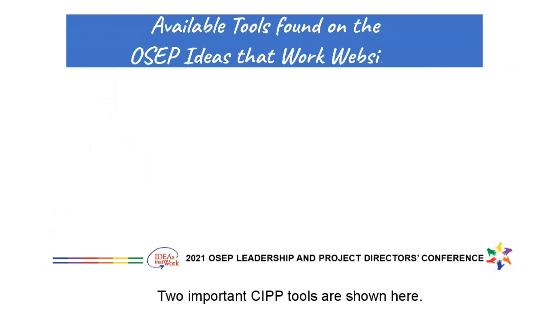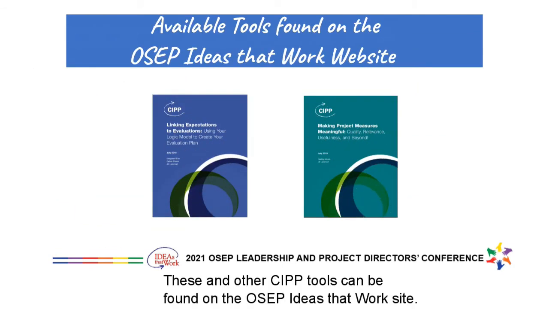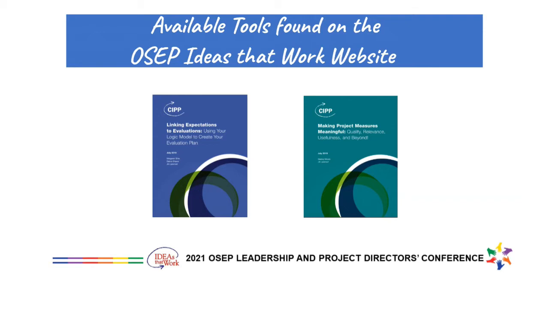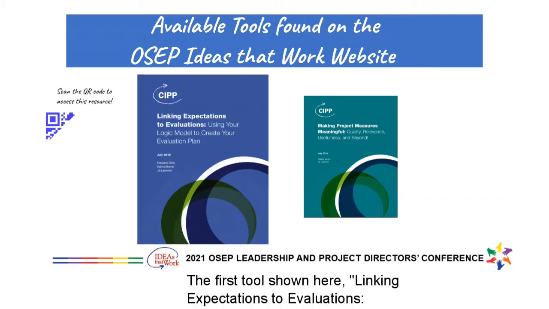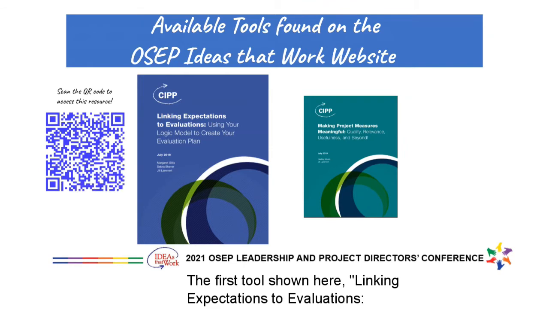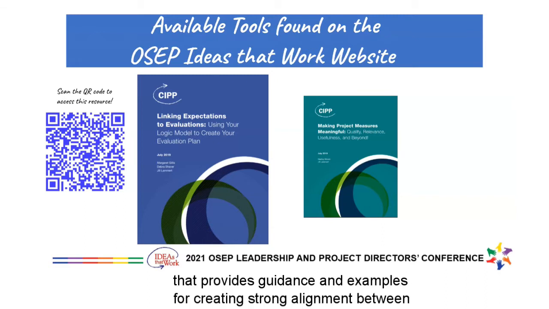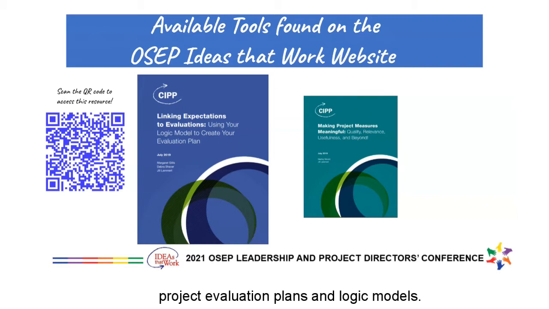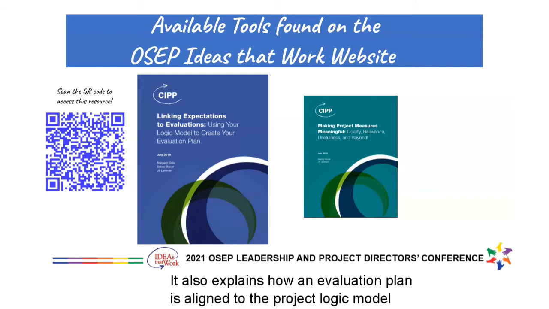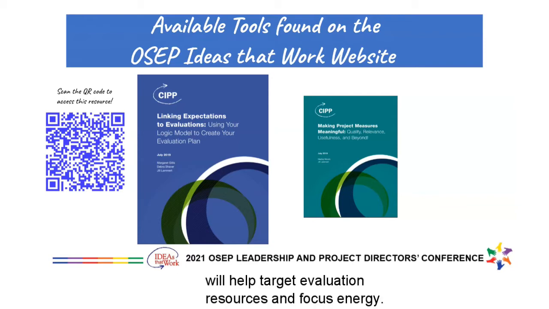Two important CIPP tools are shown here. These and other CIPP tools can be found on the OSEP Ideas That Work site. The first tool shown here, Linking Expectations to Evaluations: Using Your Logic Model to Create Your Evaluation Plan, is a brief that provides guidance and examples for creating strong alignment between project evaluation plans and logic models. It also explains how an evaluation plan that is aligned to the project logic model will help target evaluation resources